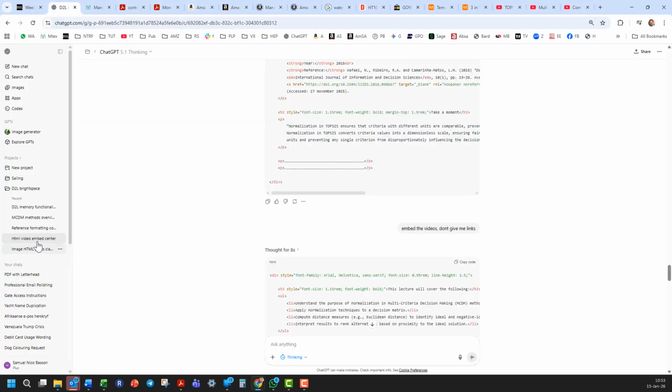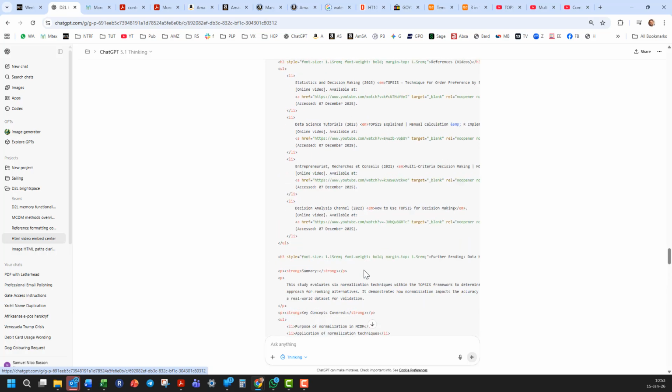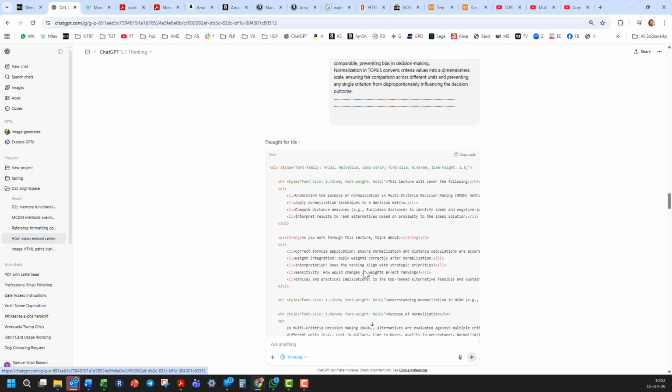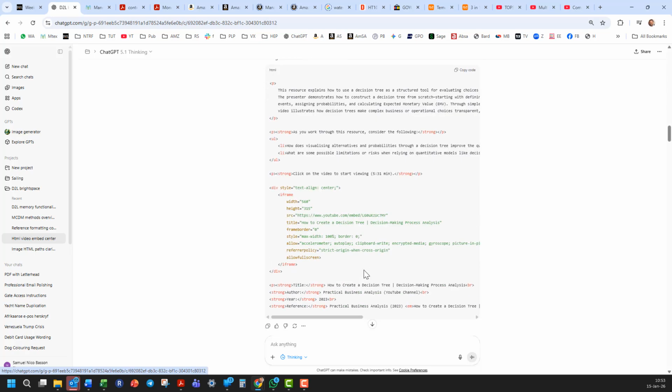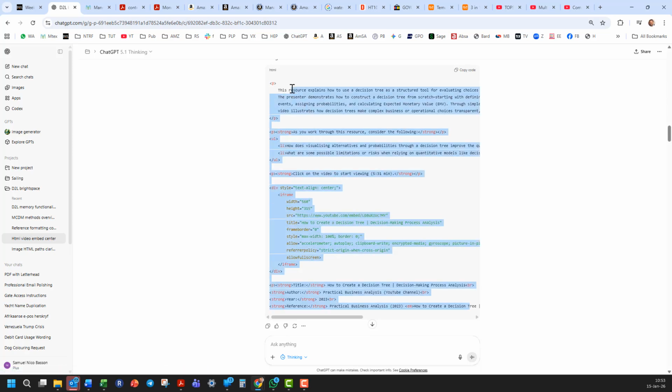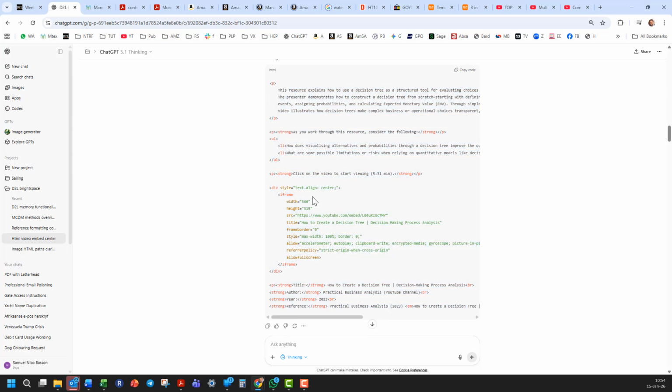So basically, here is my HTML video embed script. Actually, I worked with it, but there it is with the sizes. So all that you need to do is copy this, or actually copy code, which I will send to you, and then Chat will know the sizes and all of that. But this is basically the width and the height. So you first of all just copy this and say I want to build in D2L according to these fonts and sizes, and then it will do it.